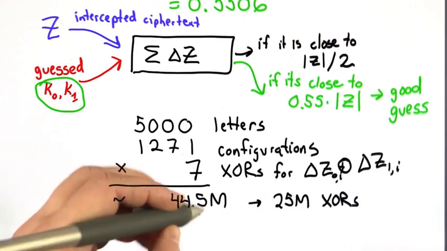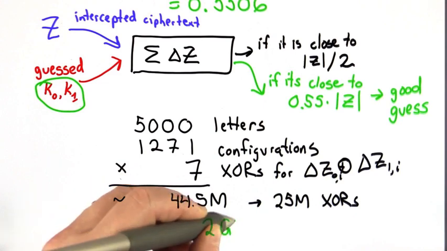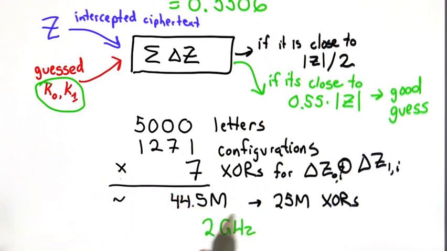So today, a modern processor runs at 2 gigahertz, so you're doing 2 billion operations per second. And one operation could include many XORs, possibly 64 XORs or 32 XORs, depending on your processor. So to do that on a modern processor would take a fraction of a millisecond. To do that in 1941 was a major technical challenge. Computers didn't exist yet, but this was the main impetus for building what was arguably the first electronic programmable digital